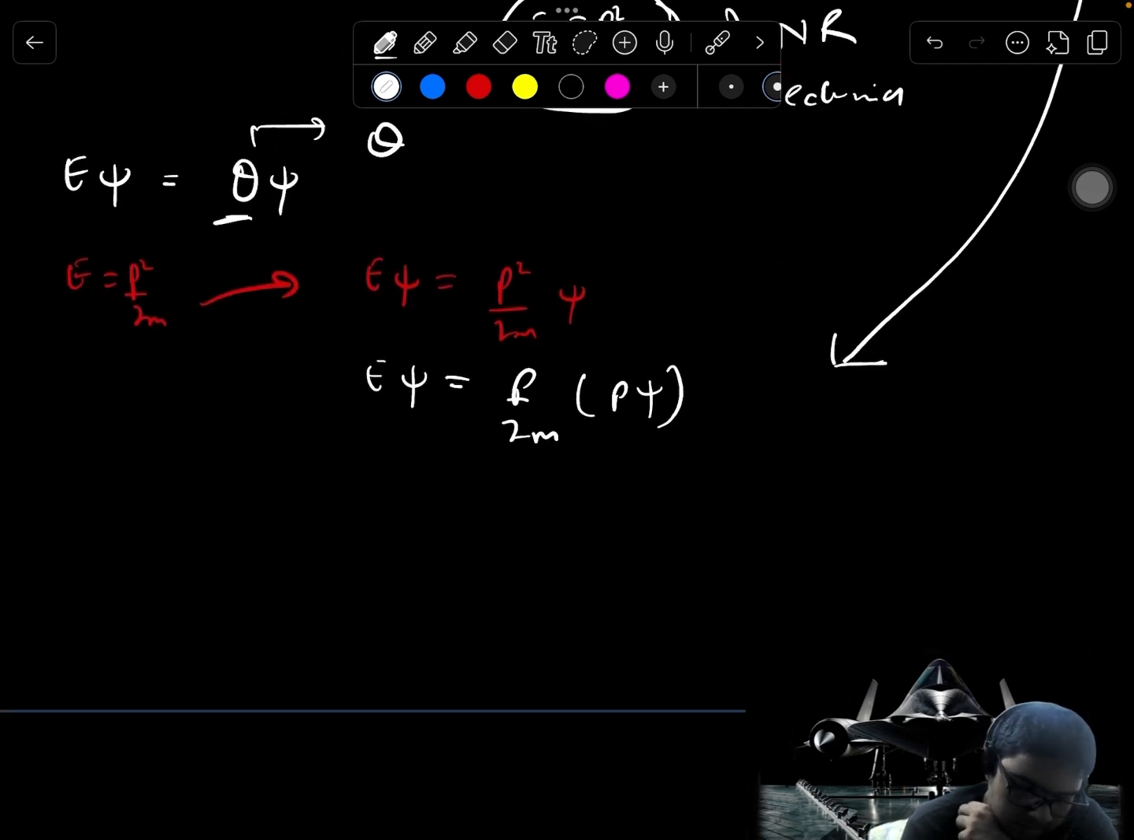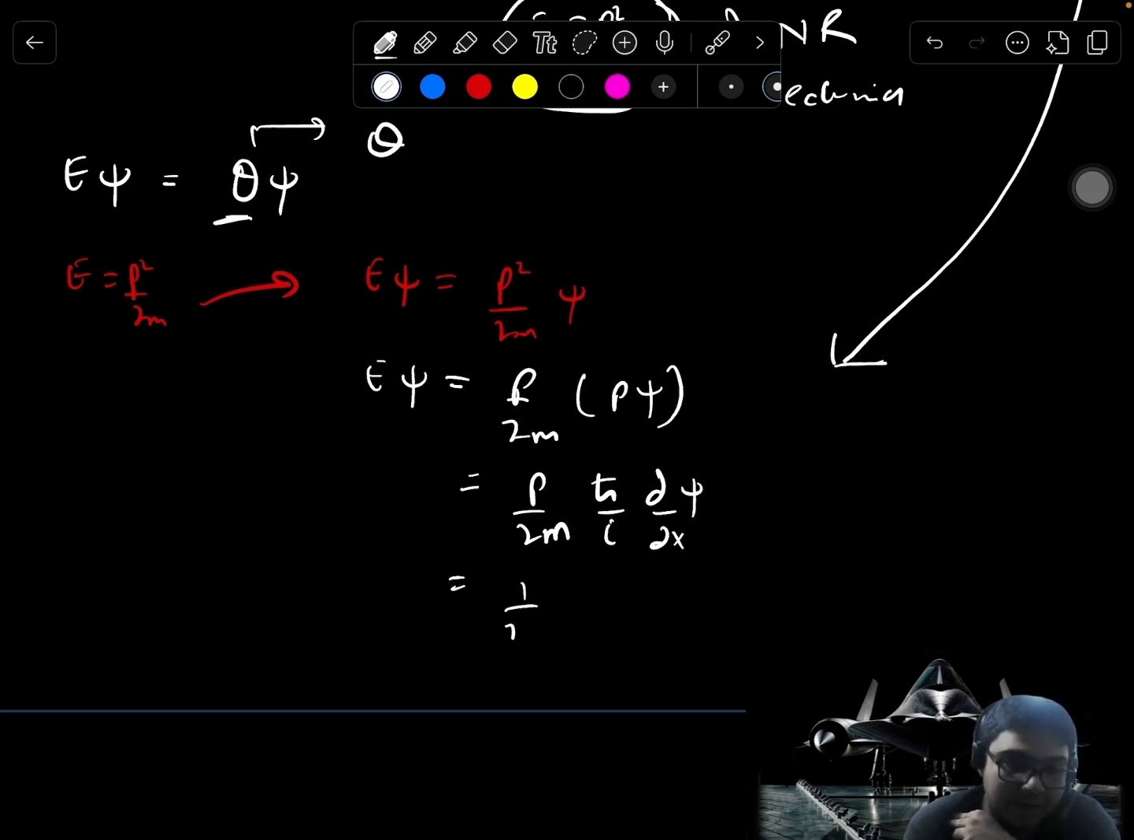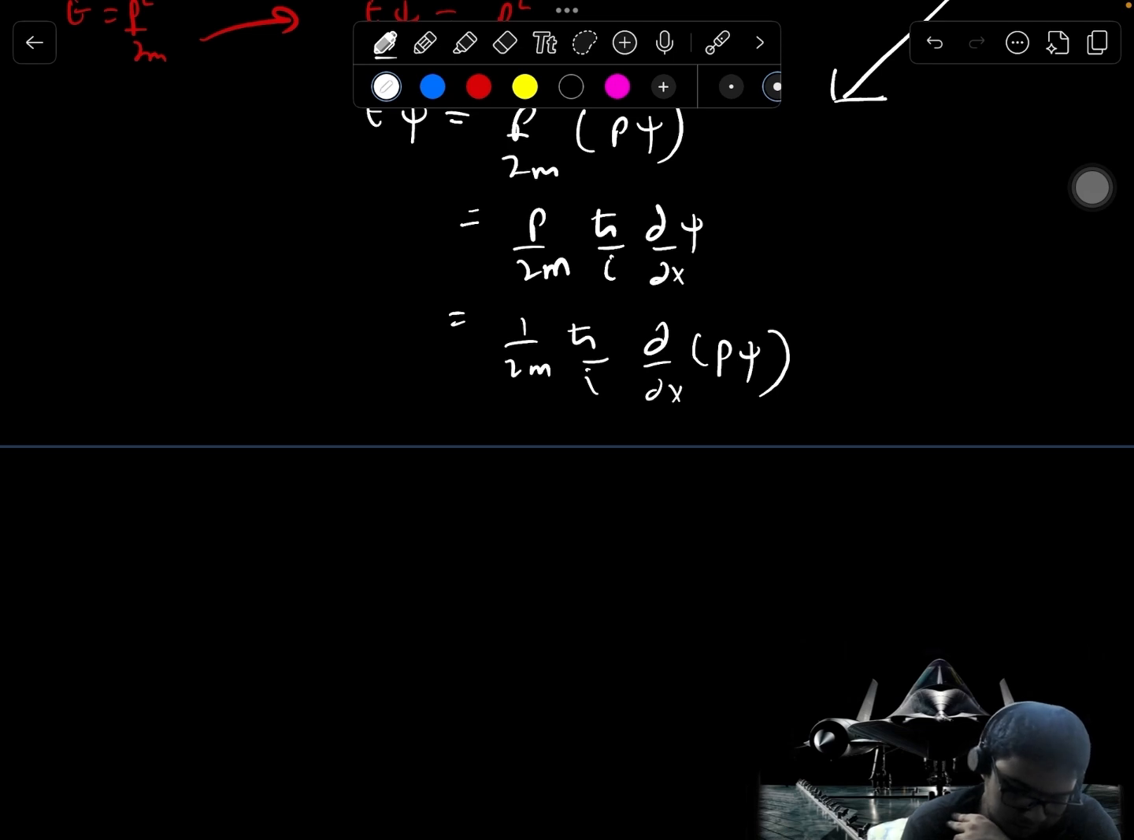So p over 2m. I just place the value here to ∂/∂x of psi. So I take the p inside the derivative, p of psi. Now again, I put the value of p, the momentum operator, here. So 1 over 2m times (h-bar over i, ∂/∂x), times (h-bar over i, ∂/∂x) psi. Therefore,